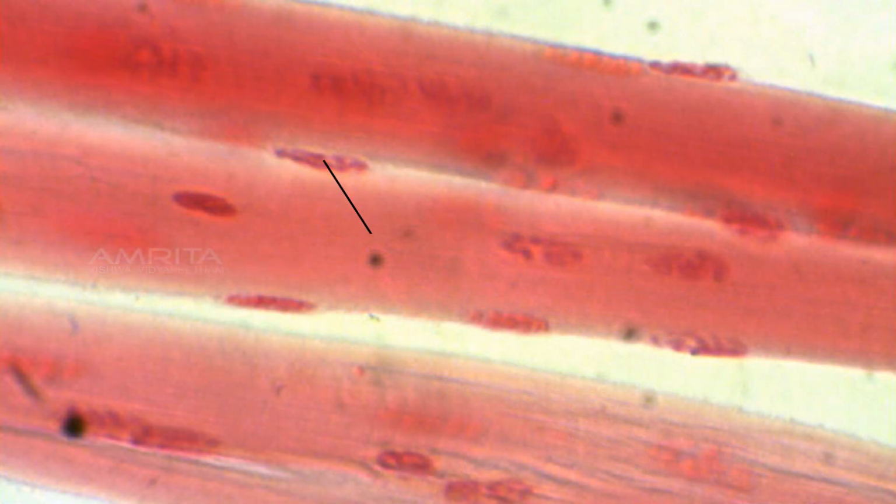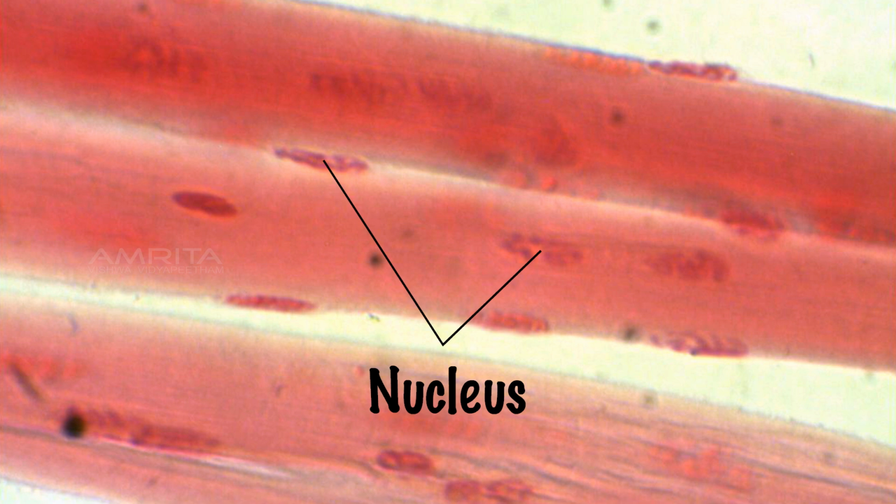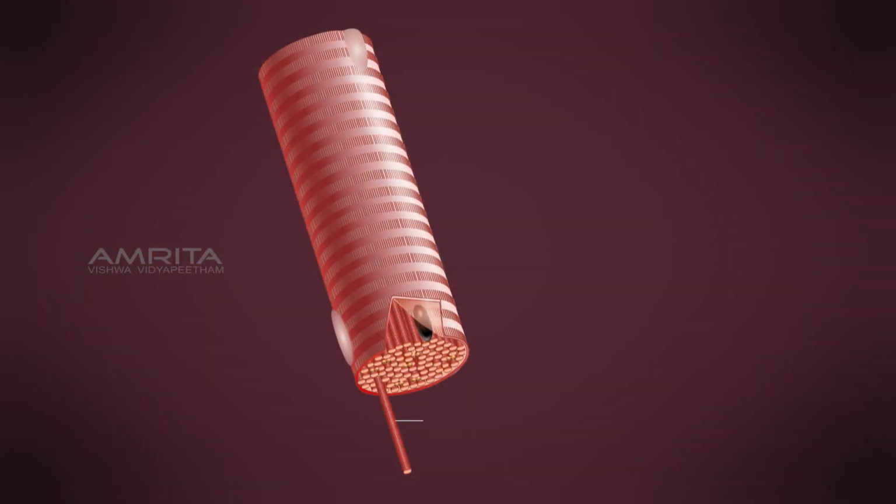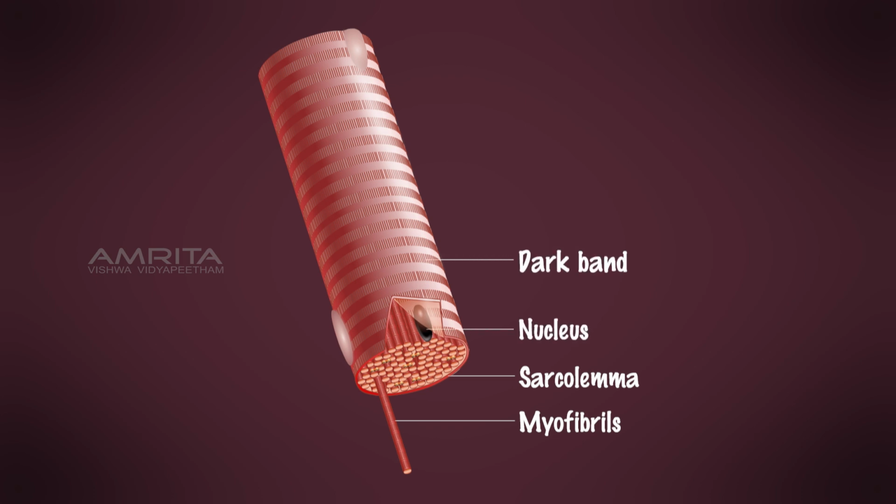The striated muscle fibers are multinucleated, that is having more than one nucleus, and these nuclei are situated towards the periphery. Each fiber has many myofibrils embedded in the cytoplasm. Myofibrils are small, thread-like fibers that run through each muscle fiber. On these myofibrils are present characteristic alternate light and dark bands, giving these fibers its striated or striped appearance.